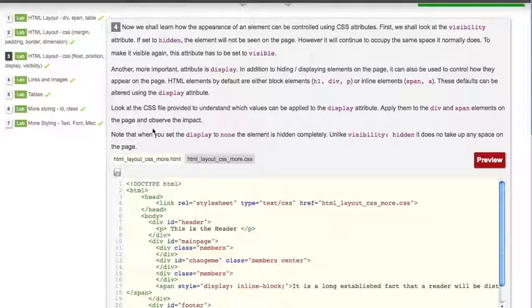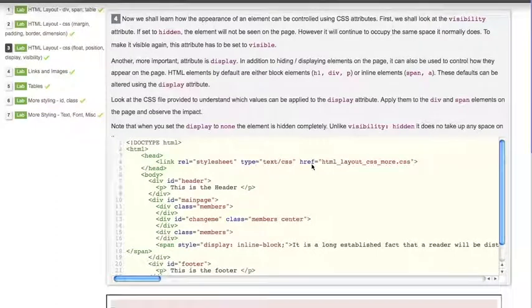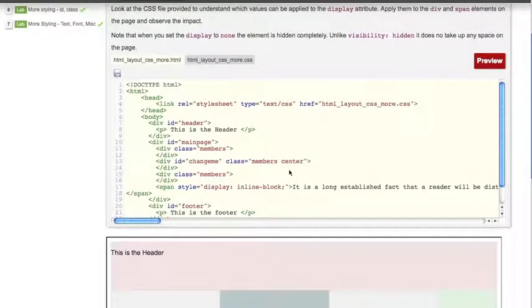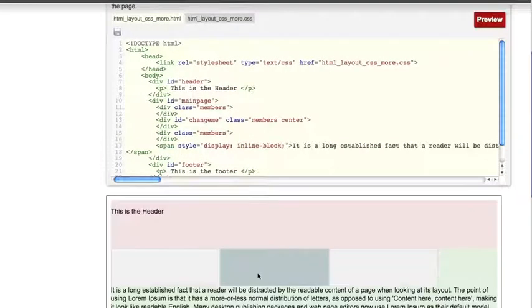Visibility can take one of two values. One is hidden and the other is visible. So let's see how visibility works. So let us hit preview, right? So there you see, you have our favorite div change me, which appears in the center of the page,